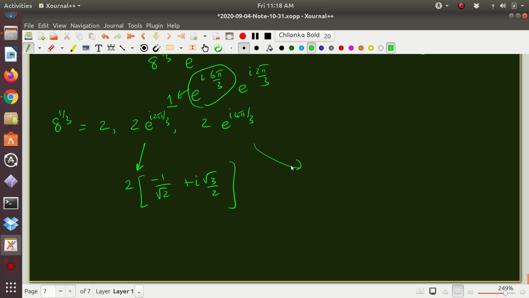This is minus 1 plus I root 3, and this will be minus 1 minus I root 3. So these are the cube roots of 8. This is how one calculates cube roots or powers. Even if you want to find the cube root of a real number like 8, you have to generalize it to the notion of a complex number. So I'll stop here in this module, and I'll continue again from the next module.